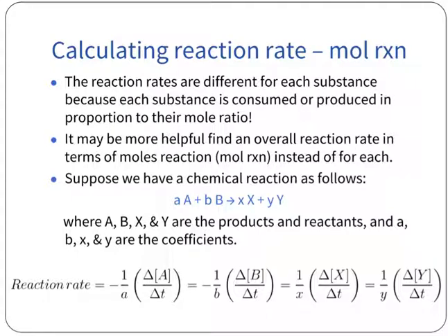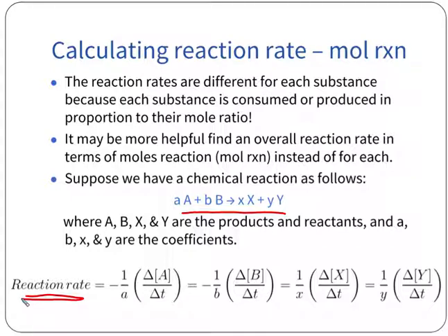So, let's suppose that we have some chemical reaction of this form, where lowercase a, b, x, and y are the coefficients. A and B are the reactants, and X and Y are the products. And so if we did that, the overall reaction rate of the whole reaction is basically going to be